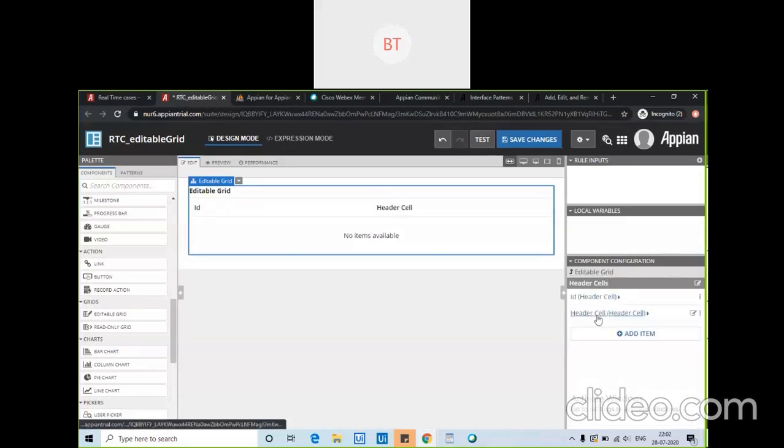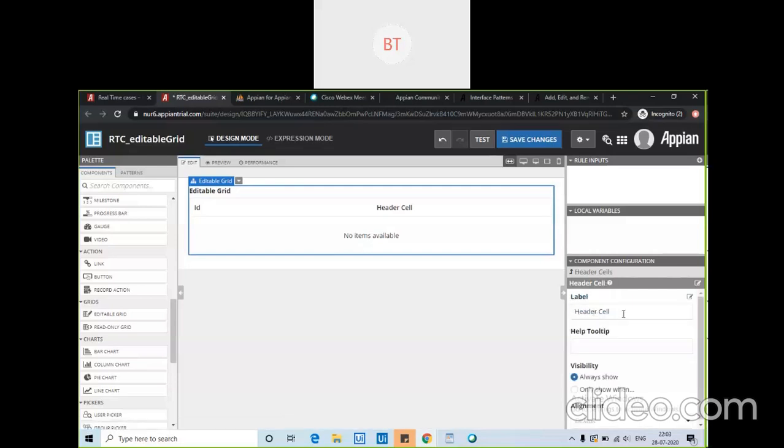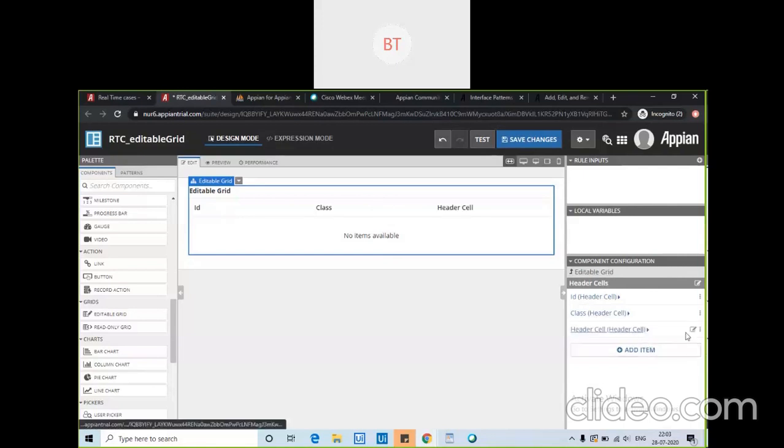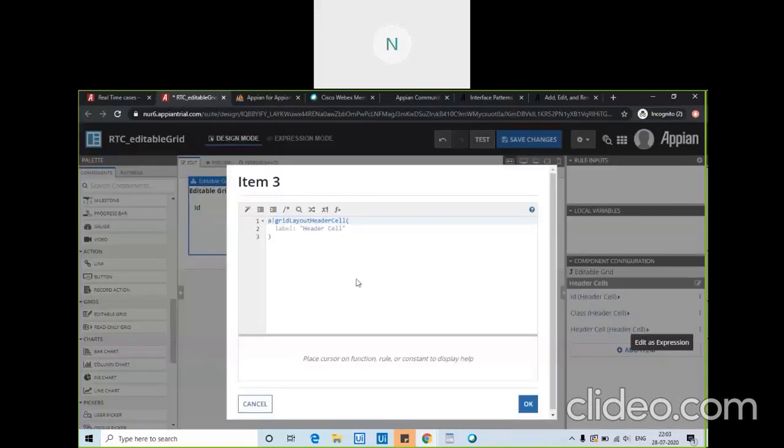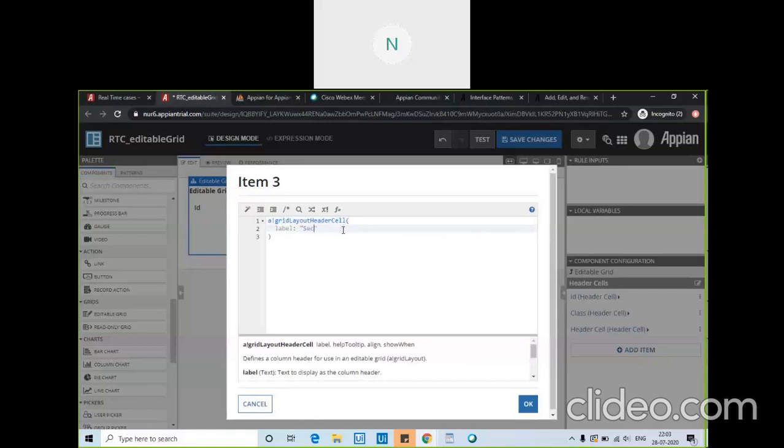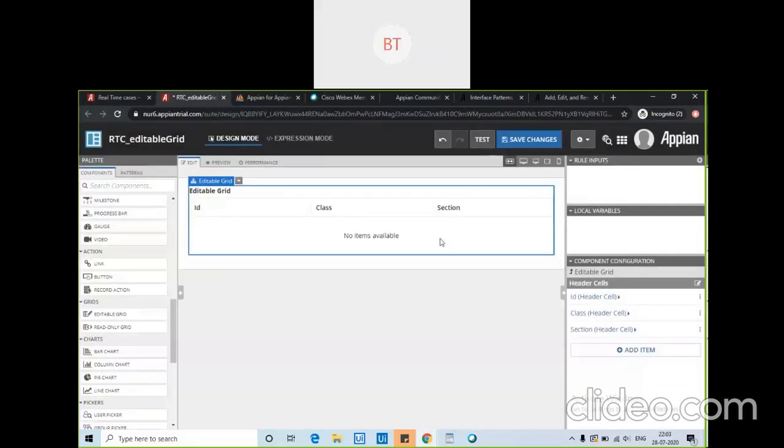So I will be taking now class, and then section. Okay, now we have 3 columns, 3 headers.